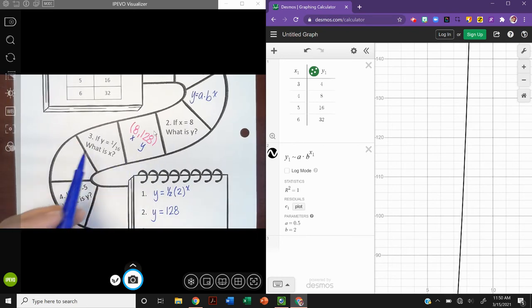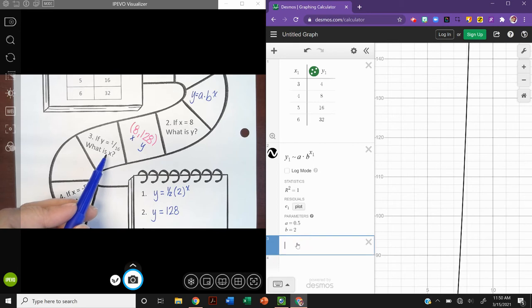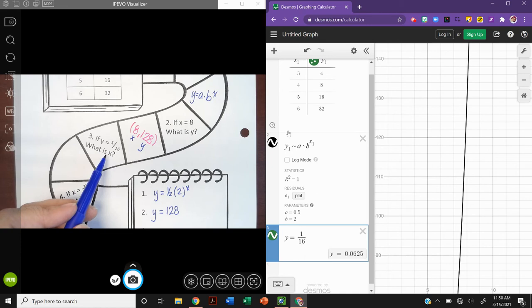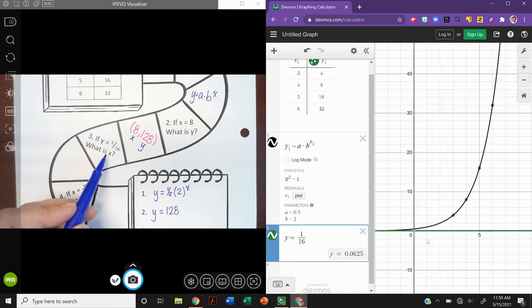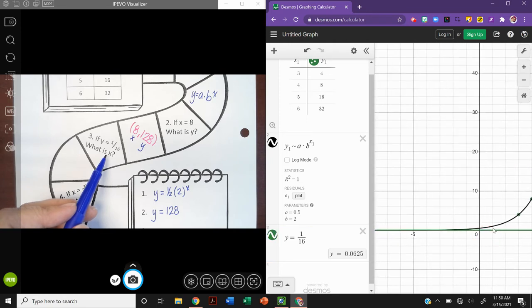It says number 3, if y equals 1/16, what is x? Well, you can do the same thing if they tell you what y equals. So I'm going to go to y equals, and I'm going to type 1/16. Let me zoom back to my equation. You see here how this line popped up? I'm going to go over here just a little bit and click on the black line. See that little gray dot pop up? This is where they cross. Now look here, it tells me that y equals